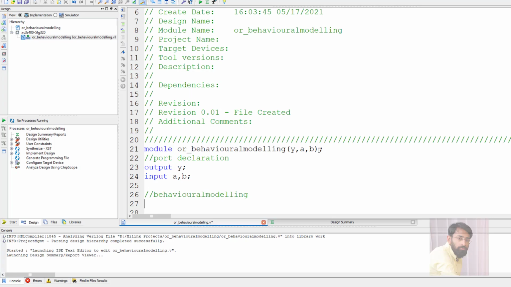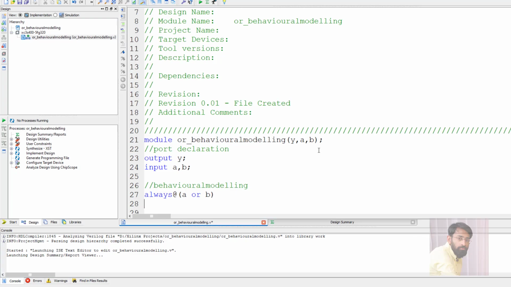So in behavioral modeling, we need to use some structured procedures. Here I am making use of the always block. Always @, where the @ indicates an event. So always @ what are the inputs, A or B? The meaning of this is always @(A or B), which means whenever there are changes in the values of A and B, a particular statement should be executed.